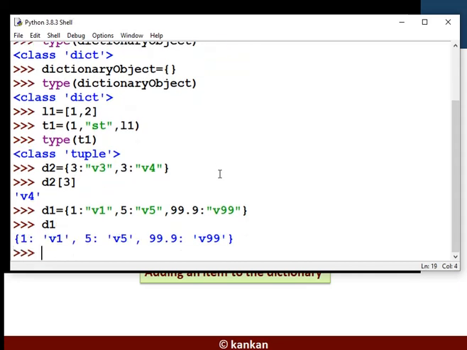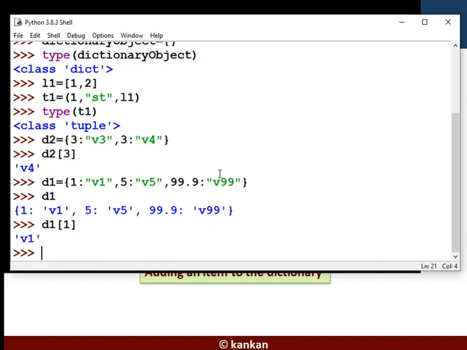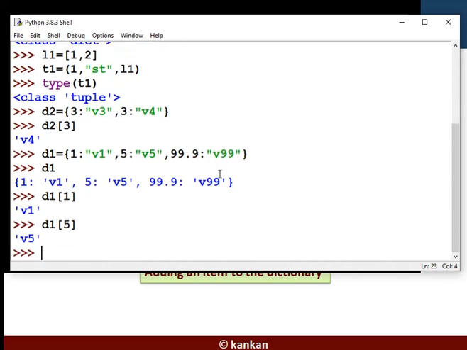These all are the items within the dictionary. Now access the value of the key 1, that will be V1, and access the value of the item with the key 5, so that will be V5.